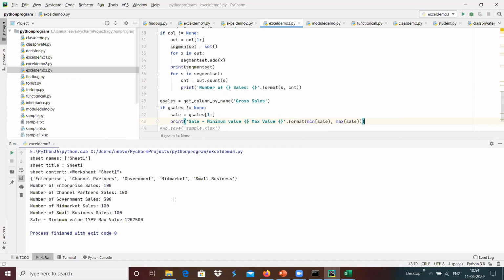Yeah, now we got the output. Sale minimum value is 1,799 and maximum value is something like 12 lakhs. Sorry, 12 lakhs 7,500 is the maximum value over here.